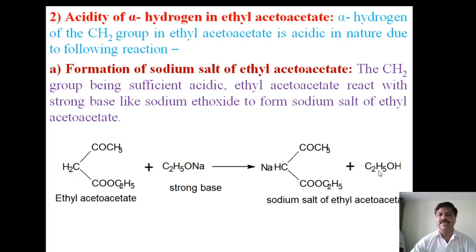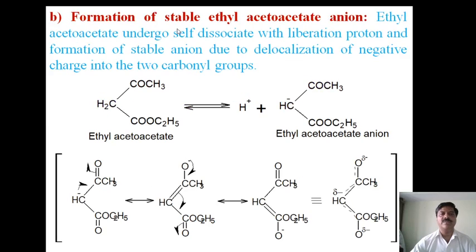and hence ethanol will be formed, and a sodium salt will be formed, and hence we say that ethyl acetoacetate is acidic in nature, and the alpha hydrogen atom of the methylene compound is more acidic in nature. Second one is formation of stable ethyl acetoacetate anion. Now here, it undergoes self dissociation, it forms H plus, indicating that it is acidic in nature, and this undergoes